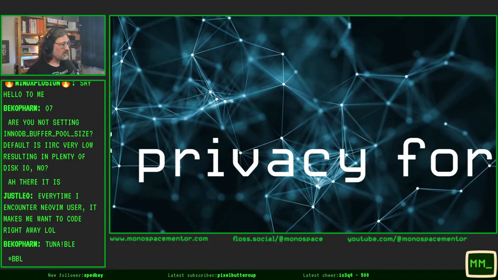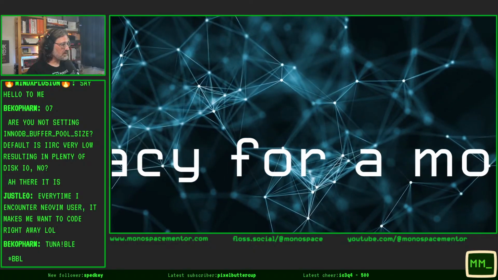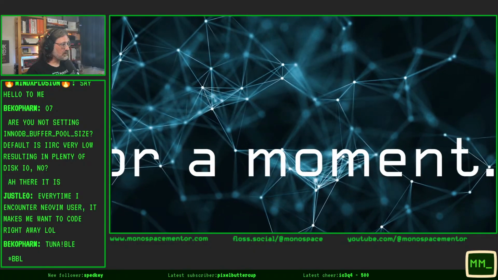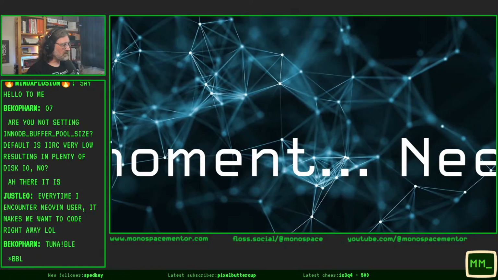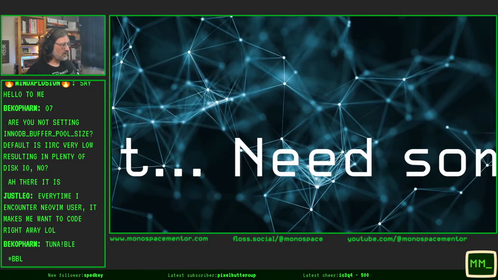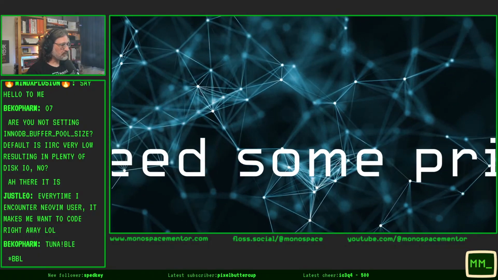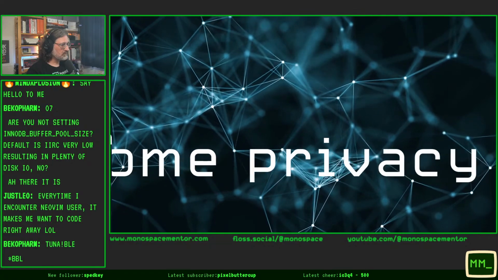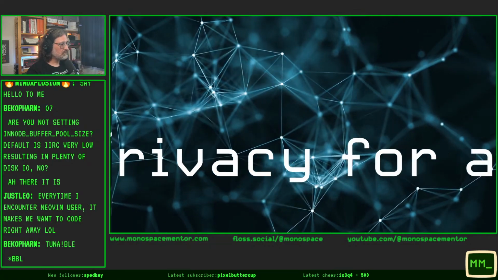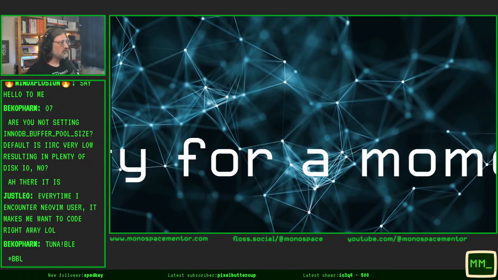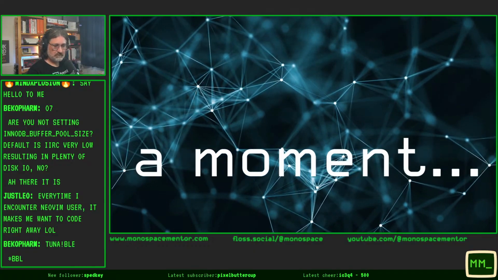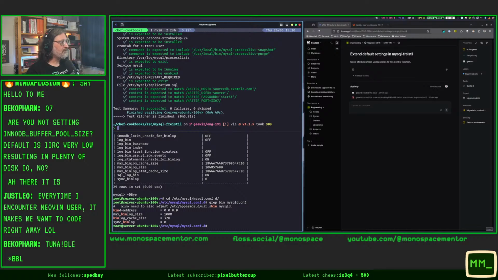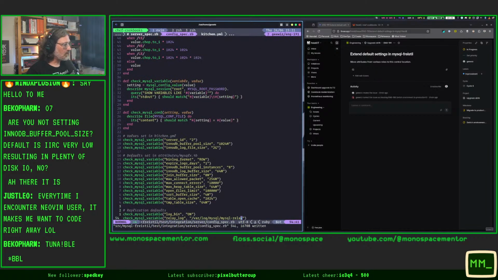So that's another default setting that we need to include, and that's actually it. We just need log bin and relay log. Cool. So log bin and relay log, and then we'll set error log